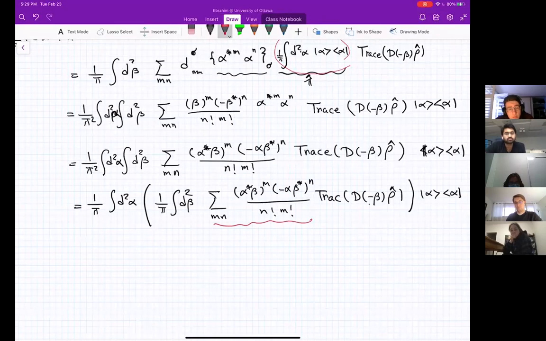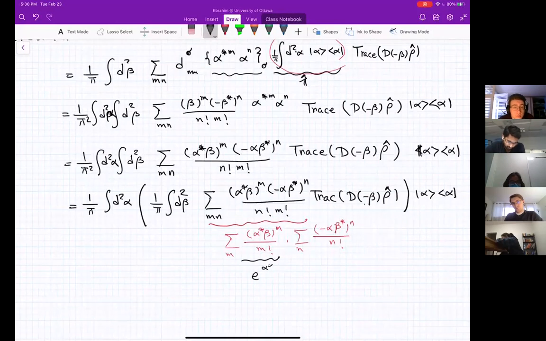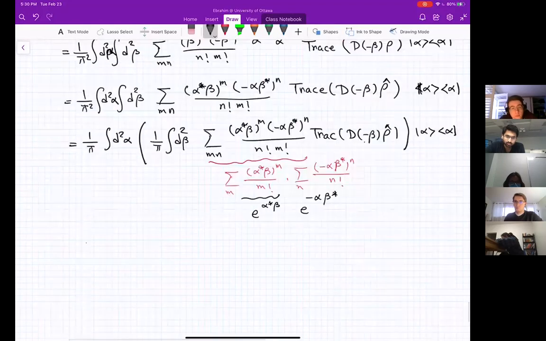The first one is the summation over m of (alpha star beta) to the power of m divided by m factorial, times the summation over n of (minus alpha beta star) to the power of n divided by n factorial. What are those? Exponentials. Exactly. This is the exponential of alpha star beta, and this is the exponential of minus alpha beta star. True? Good. So then we do get 1 divided by pi integral of d2 alpha,